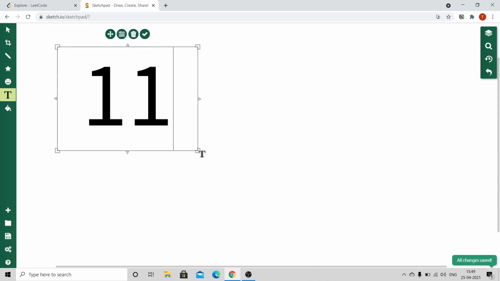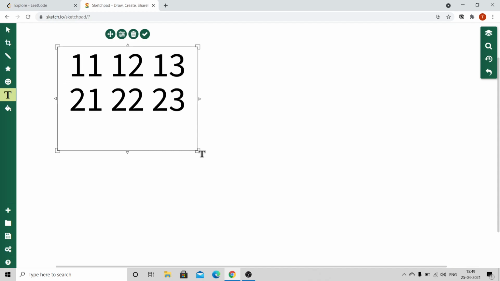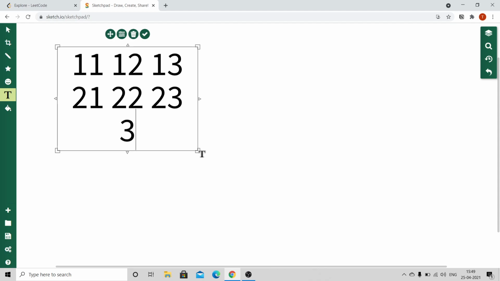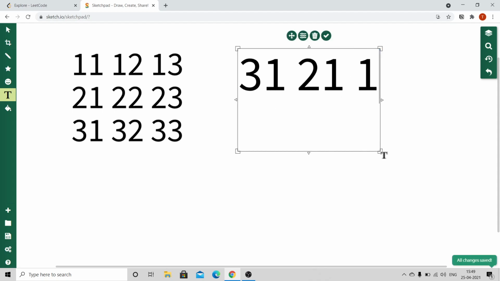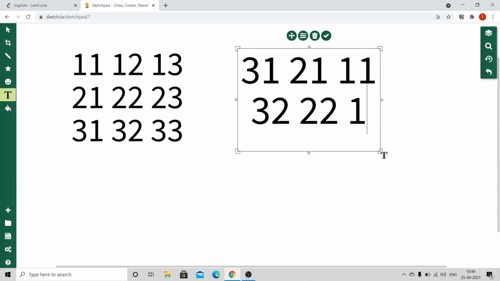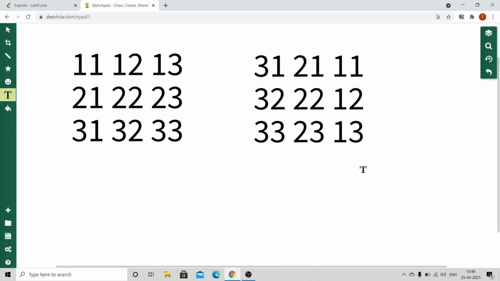So what I'll try to do is see if I can establish a relation between the elements after a matrix is rotated 90 degrees. So here I'm doing exactly that. First, these are the positions of the elements of a normal matrix. If these elements are rotated by 90 degrees, the positions will be as follows. So we need to arrive at this matrix from this matrix, and we need to use the swap function in some way or the other. This is our solution for now.